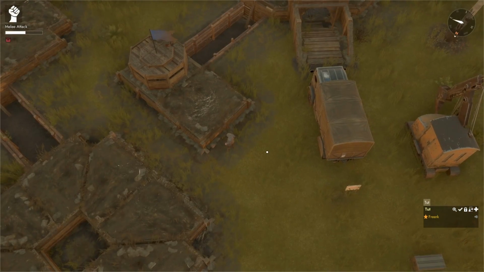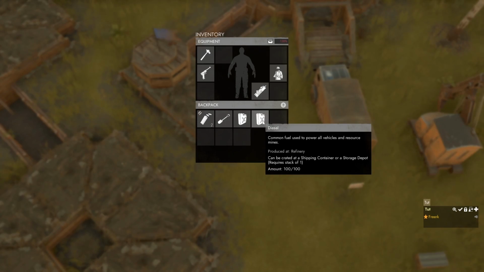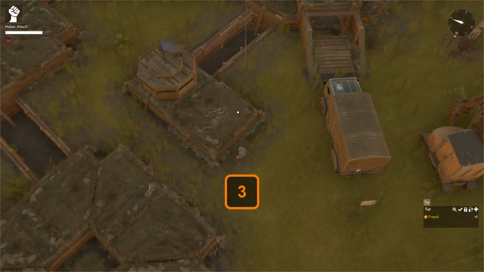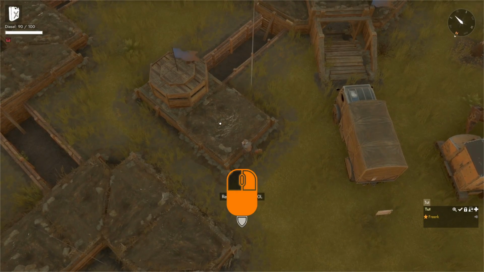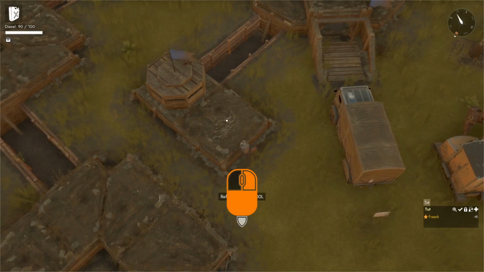Now that the 2 pipes are connected, the last thing we need to do is to fuel the engine room. To fuel the engine room, we need diesel. We equip a jerry can of diesel in our tertiary slot. We aim at the engine room and hold down the left mouse button. That will start filling up the fuel tank of the engine room. The fuel tank of the engine room at maximum holds 200 liters of diesel, and 200 liters of diesel will